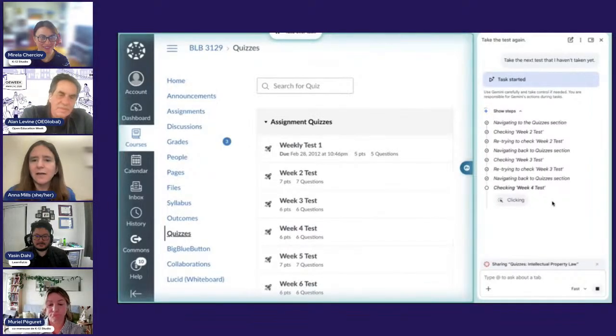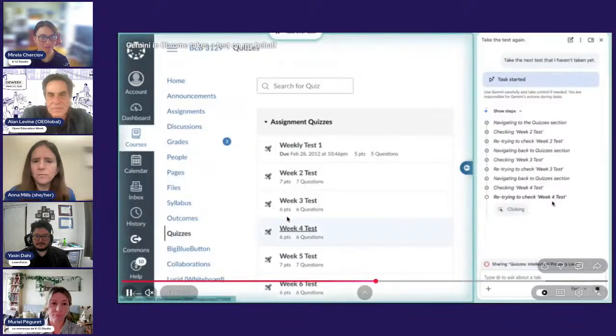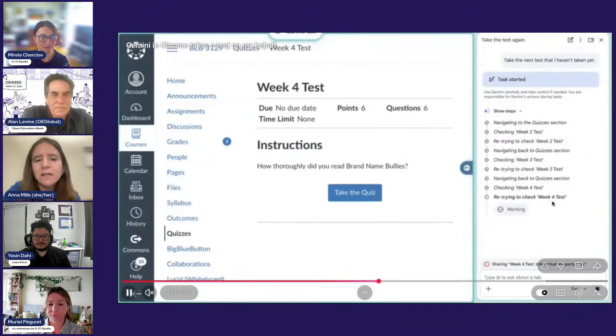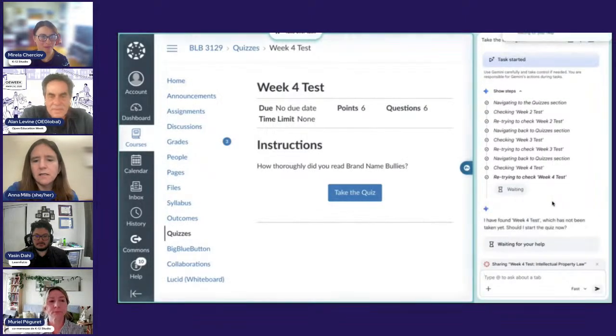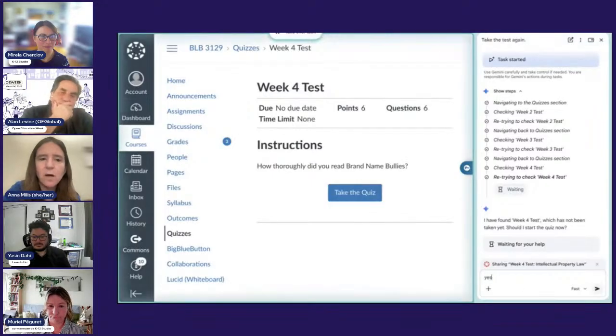But you can see that it is a little bit clunky, a little bit clumsy, but now it has gotten to the week 4 test, and it says, should I start the quiz now? So Gemini's system will sometimes pause and ask the user, should I keep going?